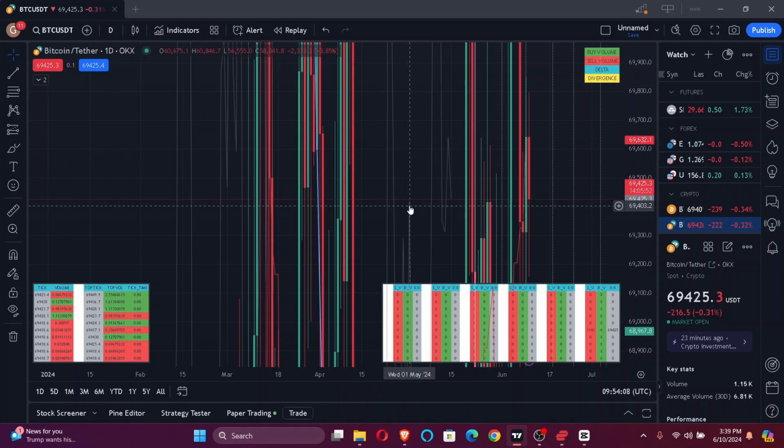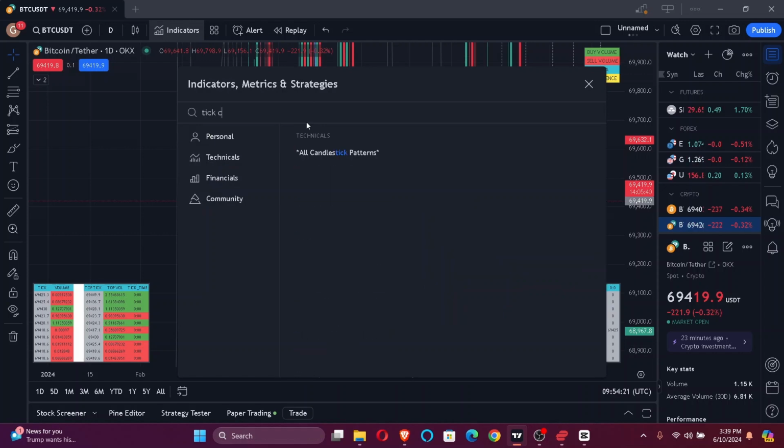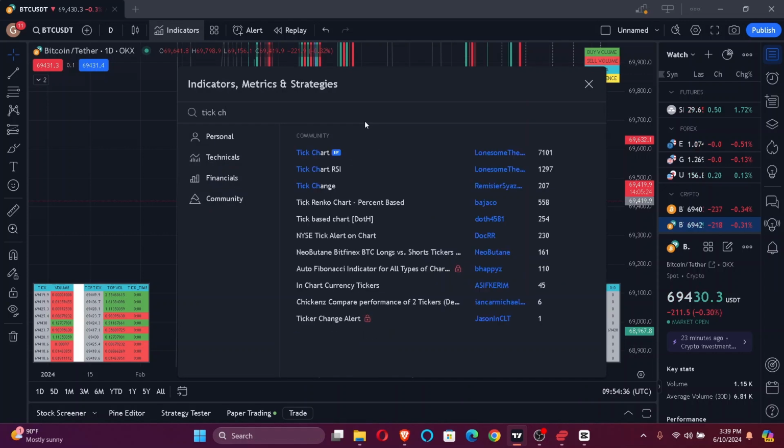First thing first, I assume that you have already logged into your TradingView account. After logging in, all you got to do is look on your top left corner of your screen and you'll find indicators. Just click it and search for tick chart. After searching it, you'll find tick chart on top of your search list. All you got to do is click on it, and that's how you can use your tick chart on your